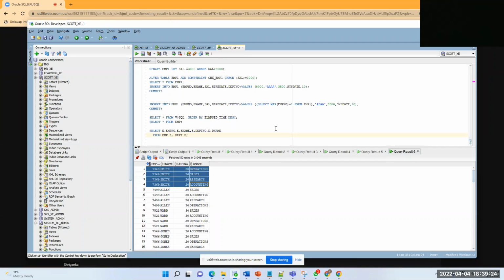This is called a Cartesian product, or cross join. So to avoid this, we need a filter: where E dot always